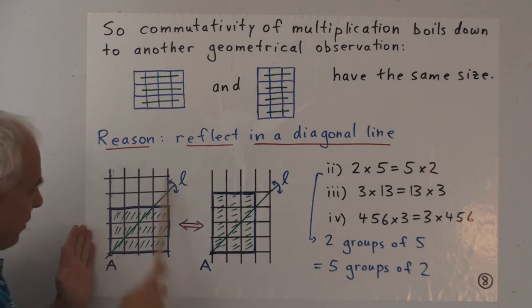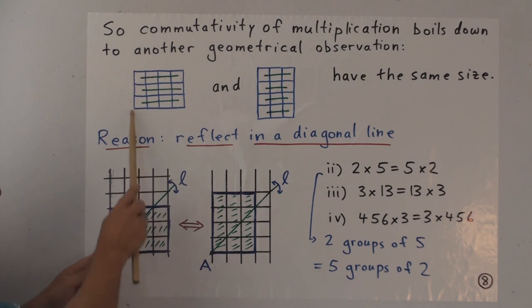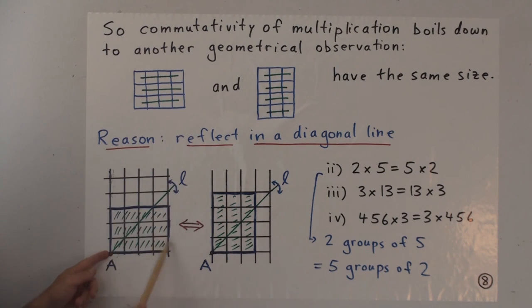So imagine this is part of the grid plane, and I've just identified part of it, and there is that first rectangle that we're looking at, the 3 by 4 rectangle. There it is right there. And we choose a diagonal line. In fact, it doesn't matter which diagonal line we use. Let's use this diagonal line. Okay, going through this point, this one, this one, this one, this one. What happens when we reflect the rectangle in this line? Well, this point stays where it is. What happens to this one? It goes there.